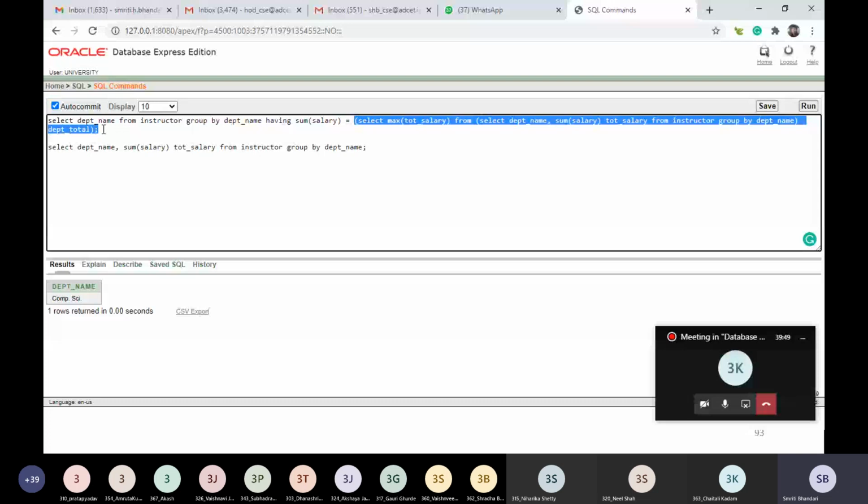Once again, we use this statement: select department name from instructor, group by department name, having sum of salary equal to the maximum salary that we have computed. This statement will provide us the name of the department as computer science.